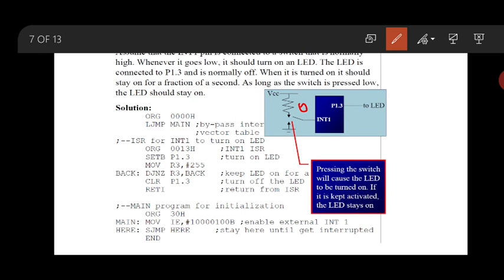It won't go there, so what about your LED? The LED is off. If an interrupt occurs, INT1 is high and P1.3 will be set to 1, because in the program at 0013 you made P1.3 a 1, signal high. There is no hardware connection; it is the enabling of P1.3 through the interrupt. This is the statement to be considered.